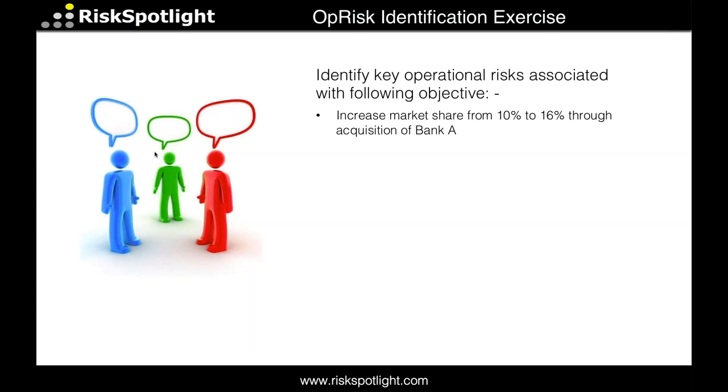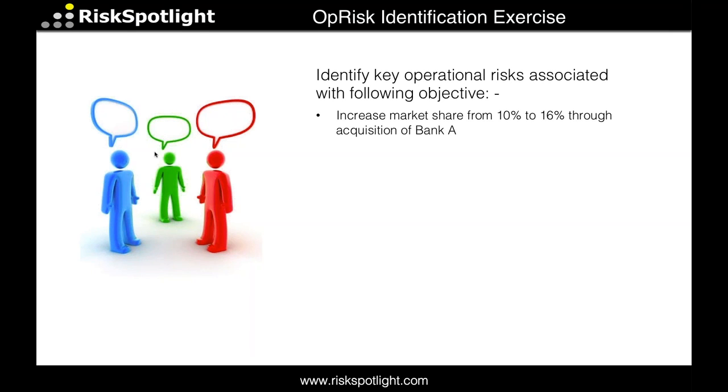So let's try out then an exercise. So we have a bank where they are going to acquire another bank, and their objective is to increase market share from 10% to 16% through acquisition of Bank A. Okay, so that's an objective. So now we need to help, in this case, the bank identify all the uncertainties which would be classified as